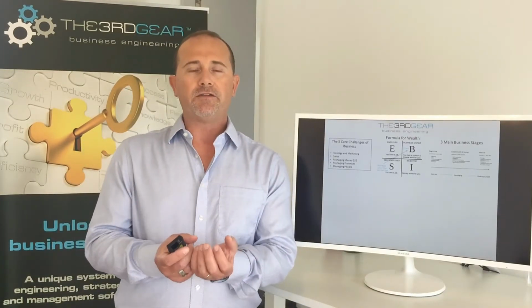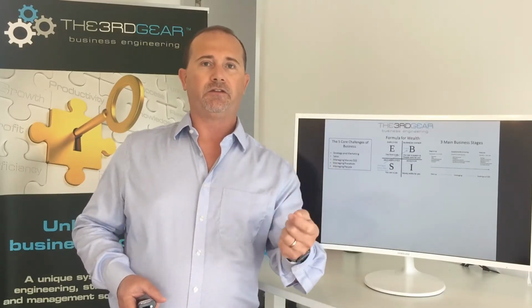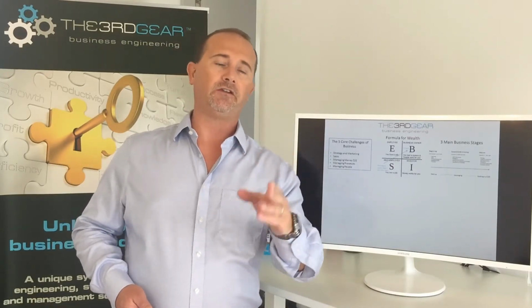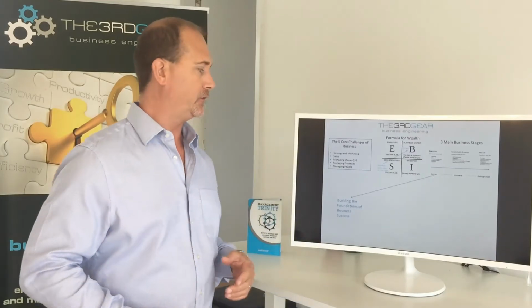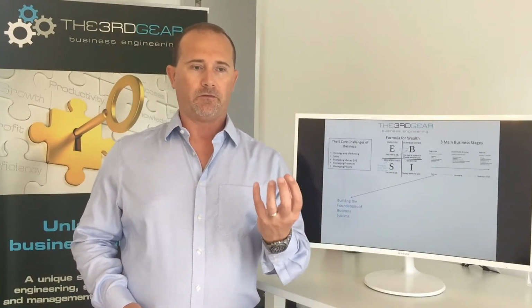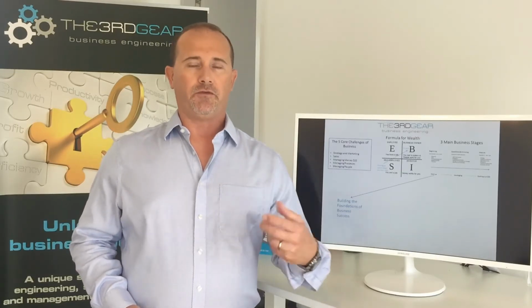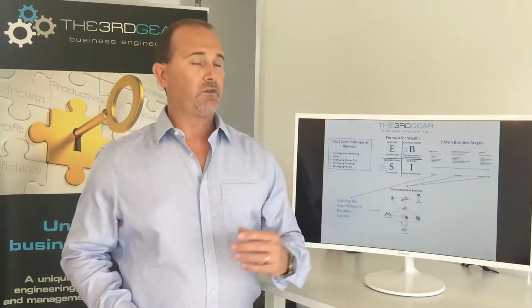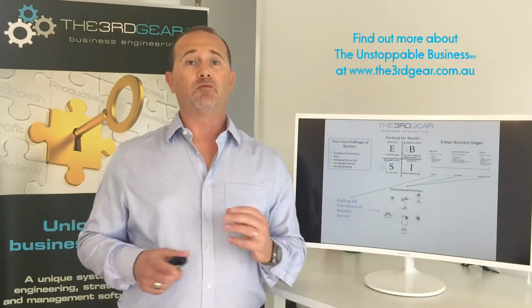And once you've done that, you can start to easily transition, and you can actually accelerate your transition through each of the key business stages. And it all starts by building with a foundation of systems to start moving you forward and develop yourself an unstoppable business model,